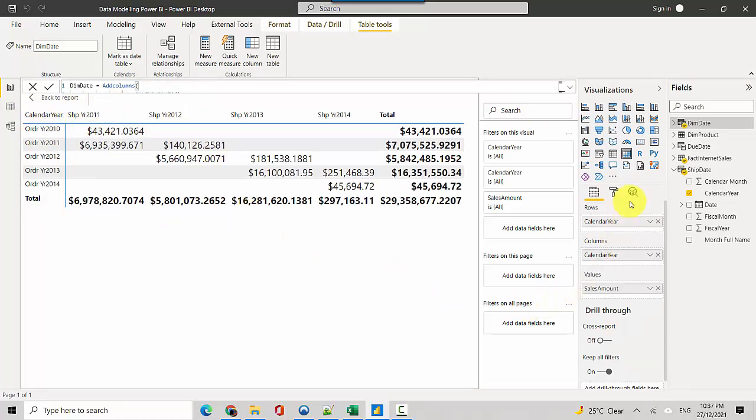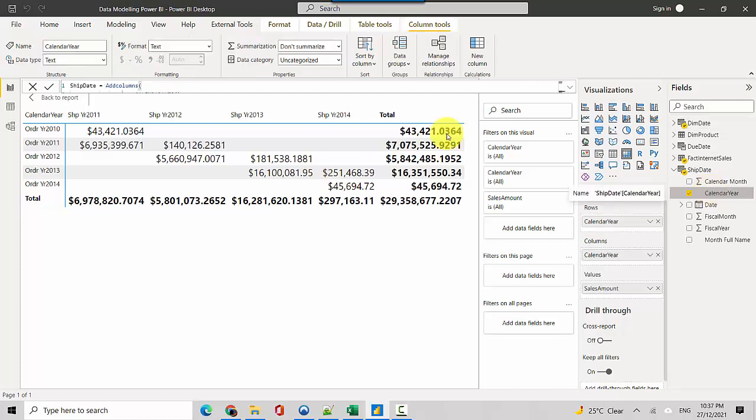So that's one. But also over here it's slightly harder to understand which field is coming from which table unless we hover over it. So we'll have to probably go and change the naming convention everywhere. So we'll probably have to call this calendar year. In place of calendar year, we have to say ship date year.